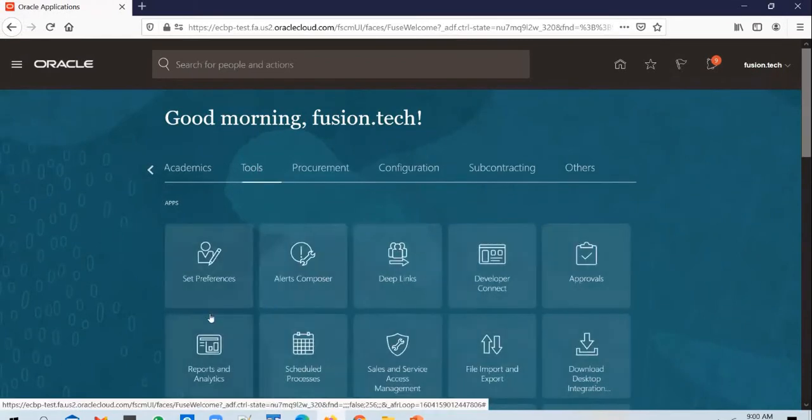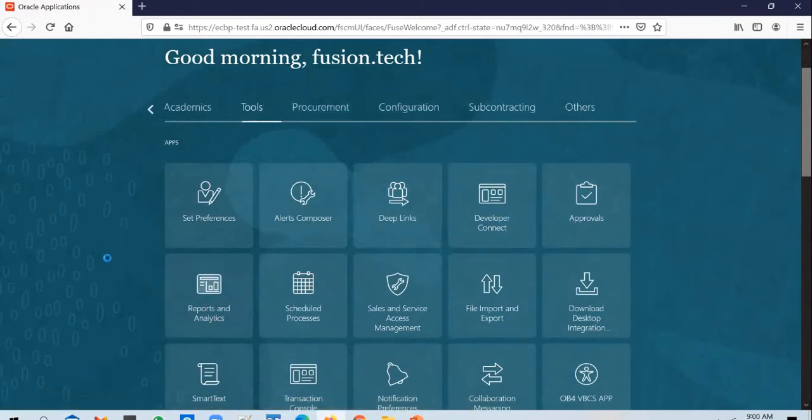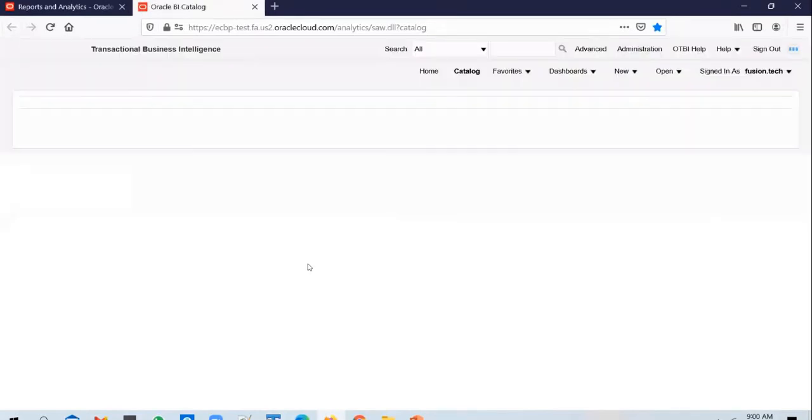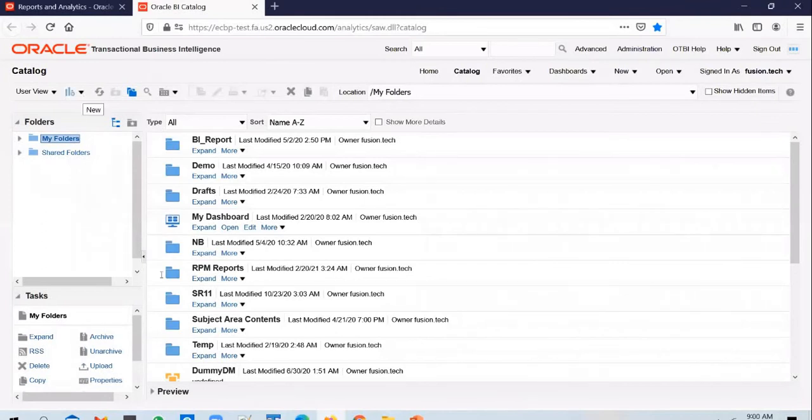if you go to tools, and under tools you have an option called reports and analytics. Click on it. Don't do anything in this screen, just click on browse catalog. That will take you to reports and analytics work area. And in here, you can click on this. So this is a BI server.